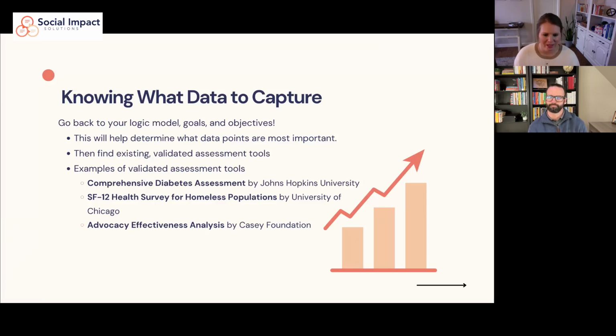And it doesn't necessarily give you data that is overwhelmingly compelling or even reliable when you're reporting that information to external stakeholders. So choosing a validated assessment tool is another great way to decide some of the data points that you want to capture. So obviously looking at your own goals and objectives is a key place to start, but